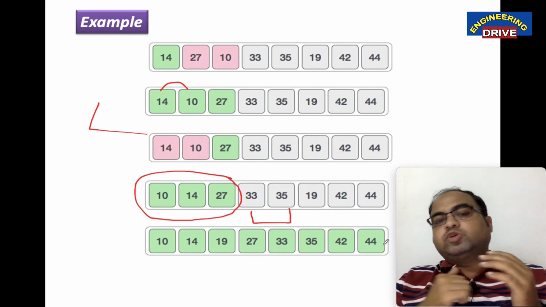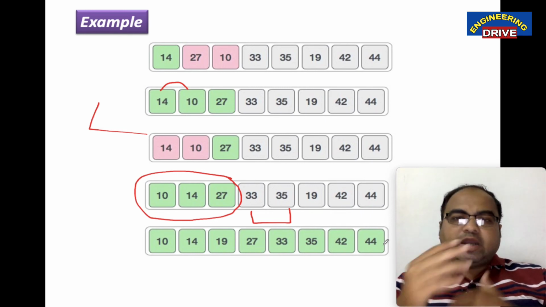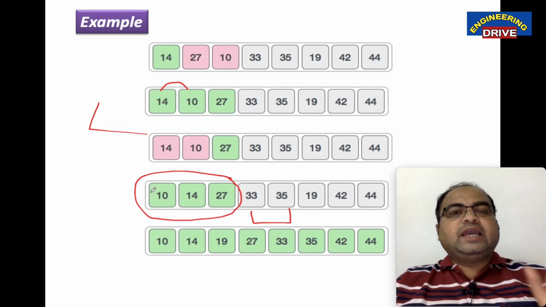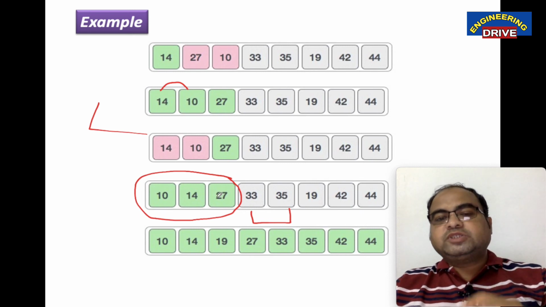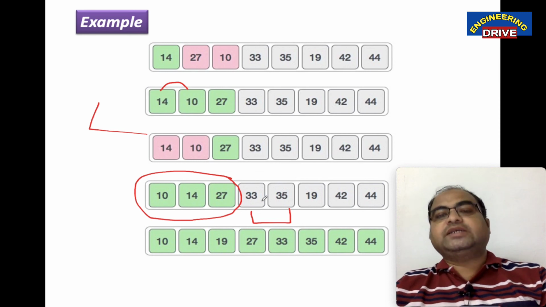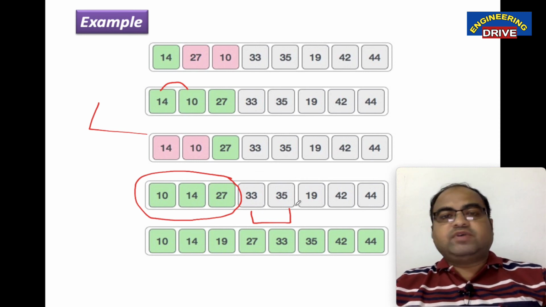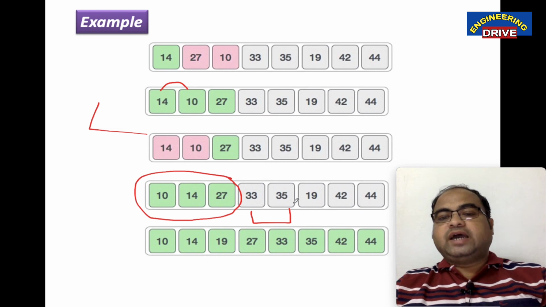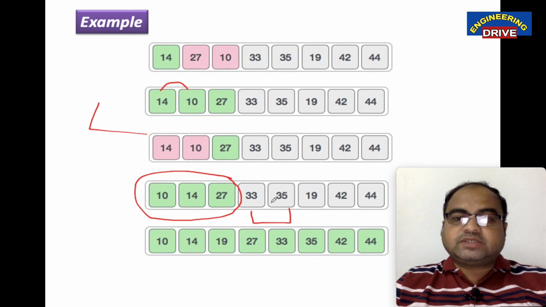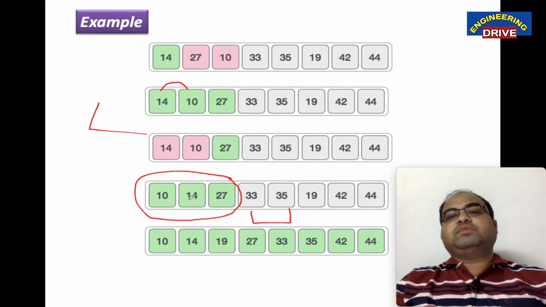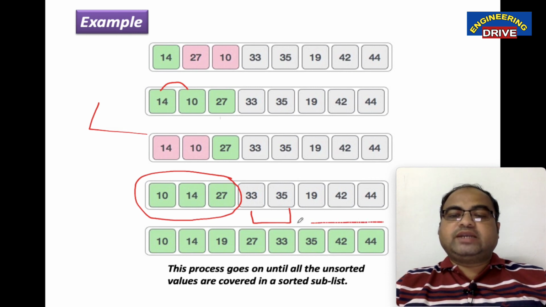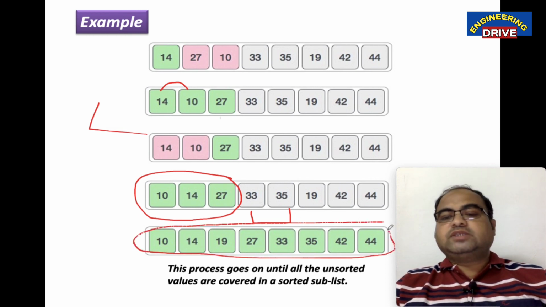Again you need to write some more steps after this. How do you elaborate this example? The simple concept is to create a sublist. In that sublist, the entire set of elements should be in sorted order. Once the values are in sorted order, then only you go to the next comparison. So 33 and 35. Yes, 33 will come in the sublist. Again 35 and 19. As the condition is false, swapping will take place. Again that 19 we need to check with the sublist elements. And so on. If you do, then you will get this final answer. I have written the final answer directly here.